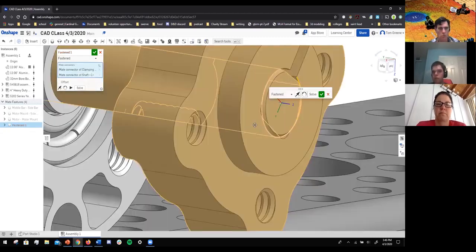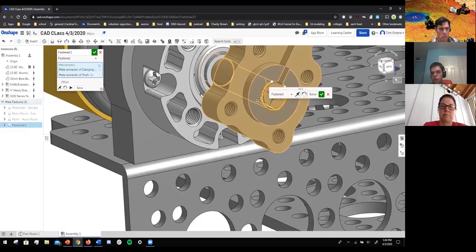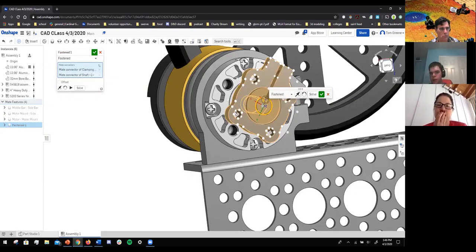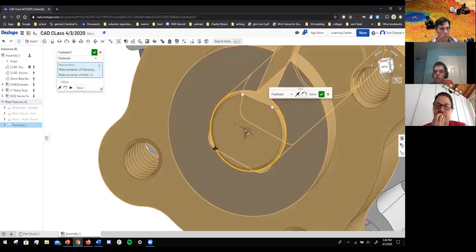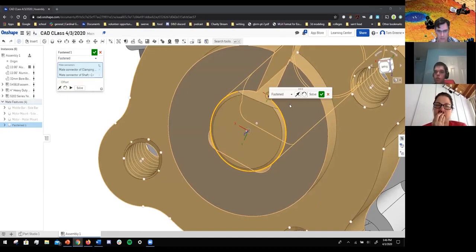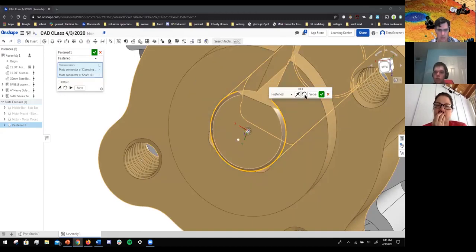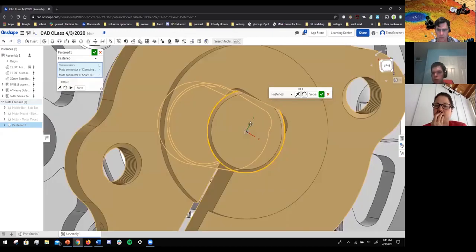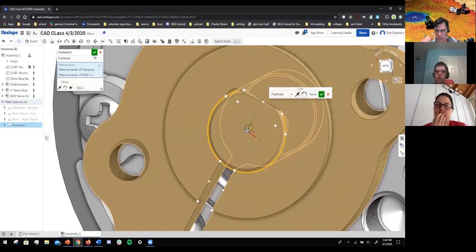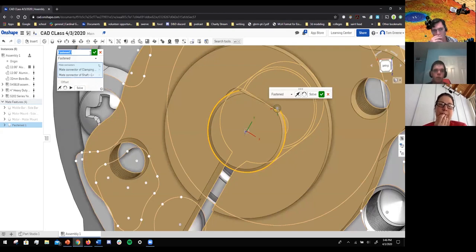Now that it's on there, you'll notice this D hub isn't lined up with that face. So what you can do is hit this reorient secondary axis button twice, and it'll be almost completely lined up with that face. I'm going to rename this mate before I actually confirm it so I can show you guys something else. It's called motor hub to